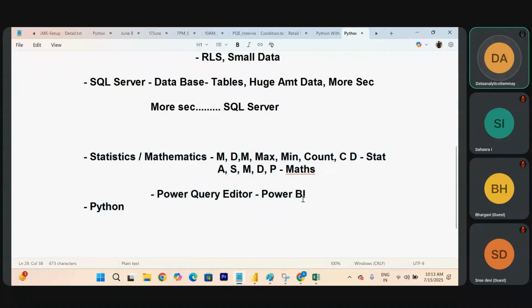Apart from this, there is one more technology, Python. Here we call it PyPower BI. Why is Python required here? Because whatever technology you want to learn nowadays, Python is becoming common. Also, some of the dashboards we are going to build using AI.